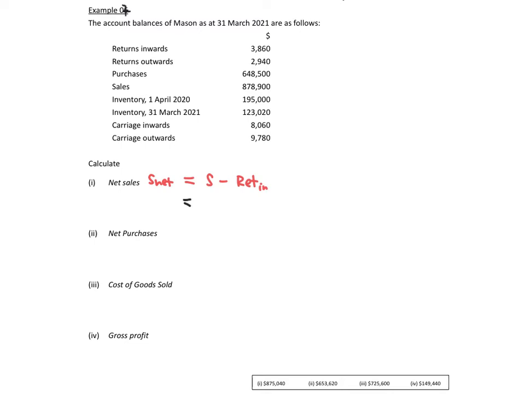And for the purchases right here, it will be the amount of this one, and then minus the return outwards. So we will find the final amount will be